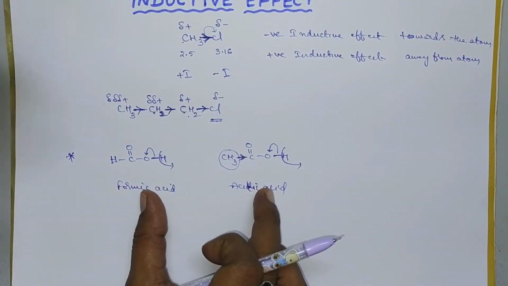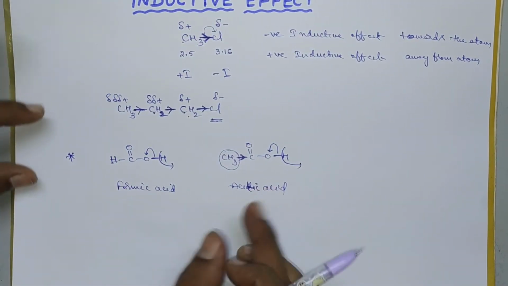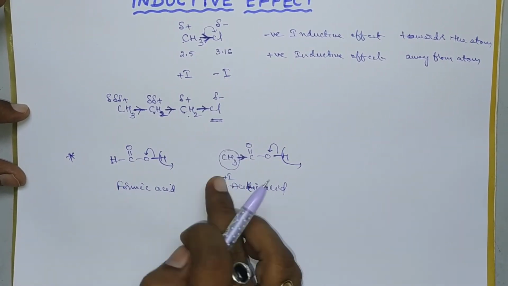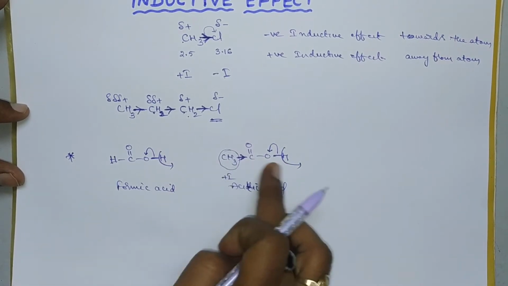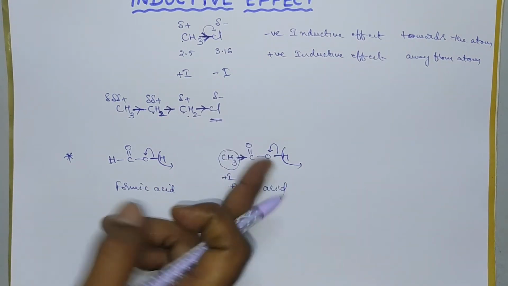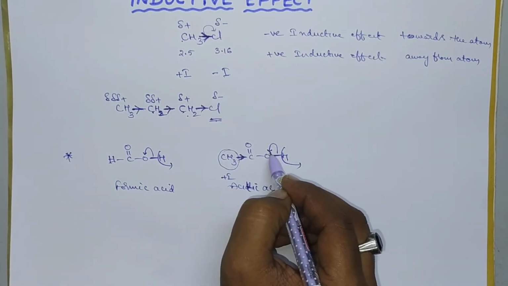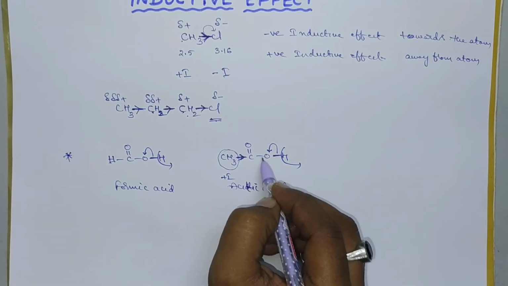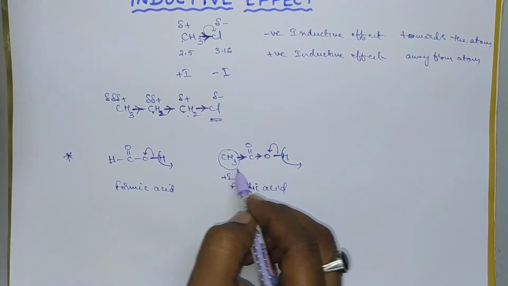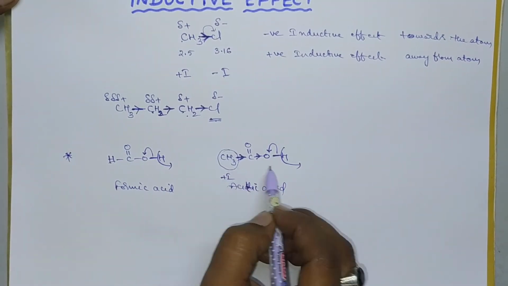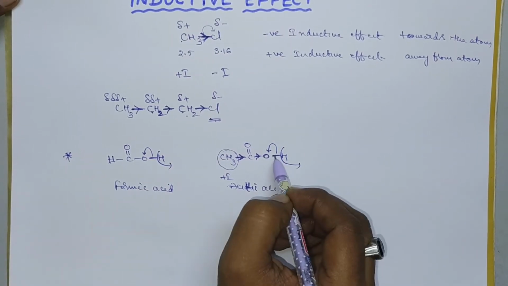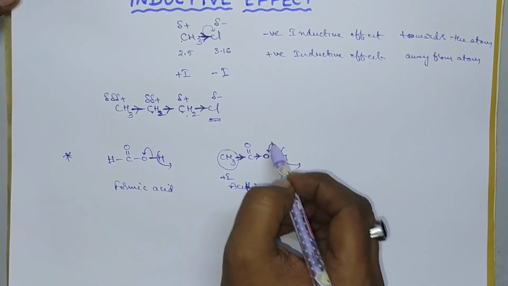But in between these two, which can easily donate H plus ion? Here a plus effect is there and here there is no plus effect. If a plus effect is there, there is a tendency of donating or releasing electrons. So if there is a releasing of electrons in this direction, there is less tendency of accepting these bonded electrons here, because the electron density on this oxygen increases due to the plus effect. The effect will continue along the length of the carbon chain. That's why the electron density on oxygen increases, and the tendency of accepting these bonded electrons will be less here.